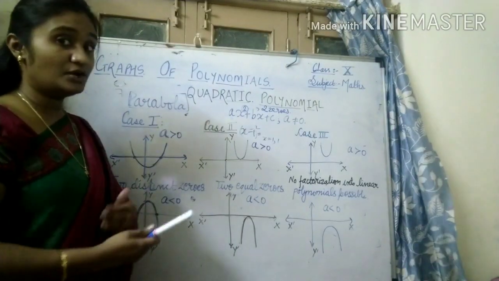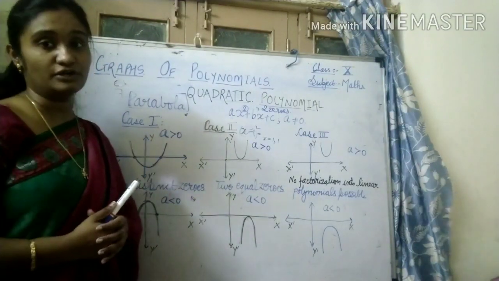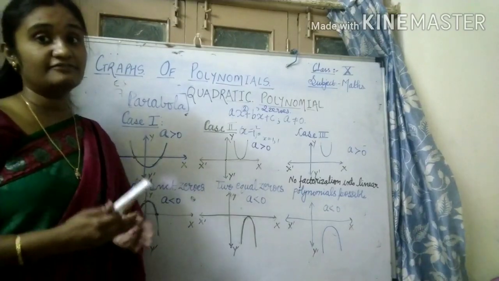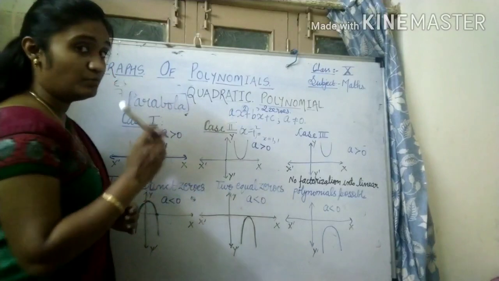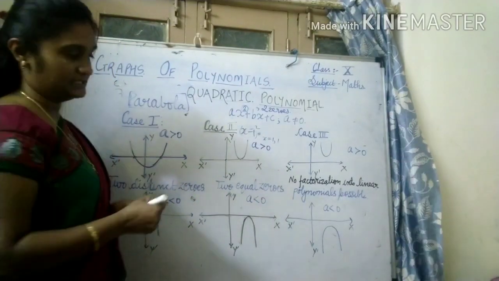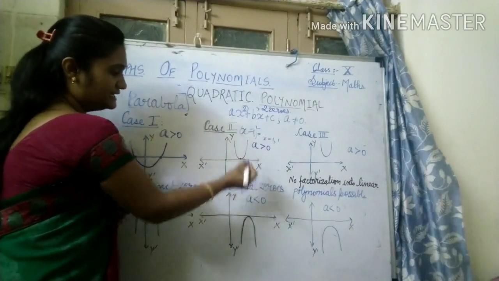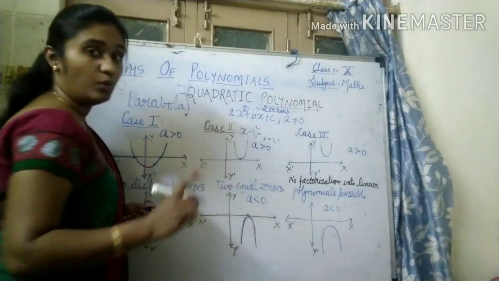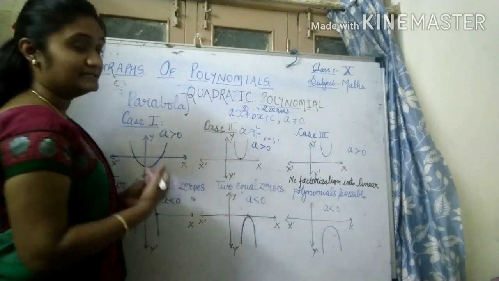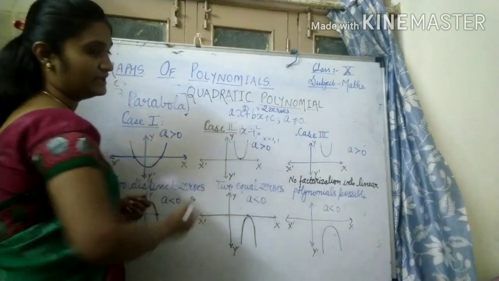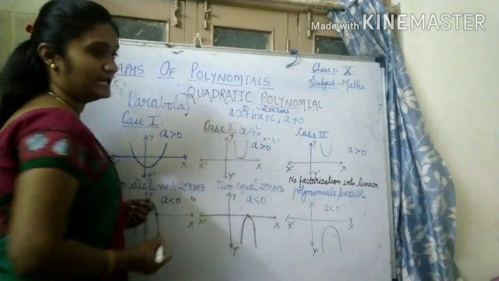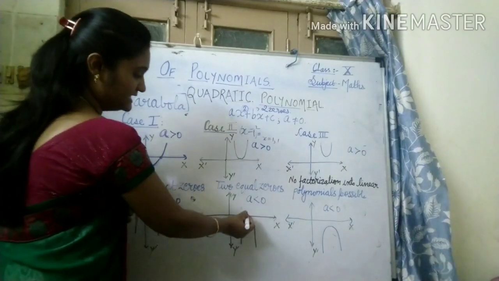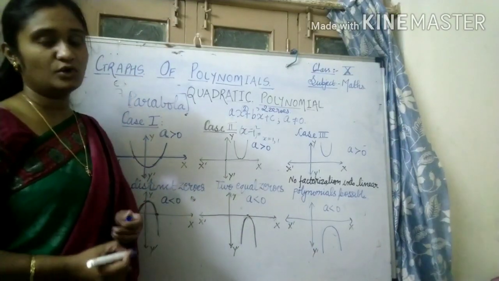But when you factorize such polynomials, always remember you will have two zeros and both the zeros will be equal to each other. So when both the zeros are equal to each other, it is going to touch the x-axis only at one point. So again, the same procedure: if the value of a is positive, greater than 0, you are going to obtain an upward parabola, and if it is negative, you are going to get a downward parabola.